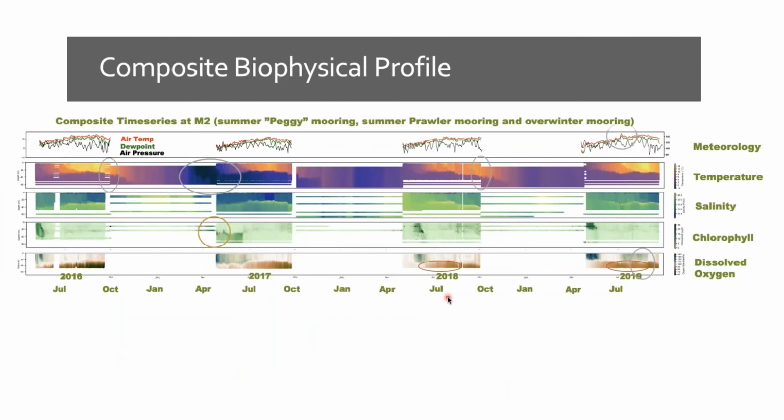And so finally here, just in my last couple of minutes, I wanted to throw all of the parameters up all at once and just draw the attention again to the resolution differences between our overwinter here. There's no Prowler, and it's representative of our capabilities before, and the picture that you see during the Prowler deployments, and just the enhancement in the structure in time and vertical space that this platform provides for us.